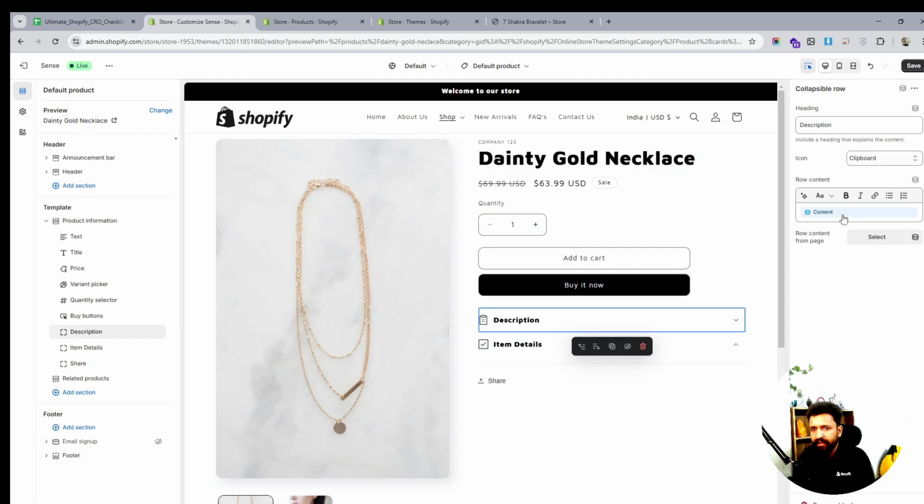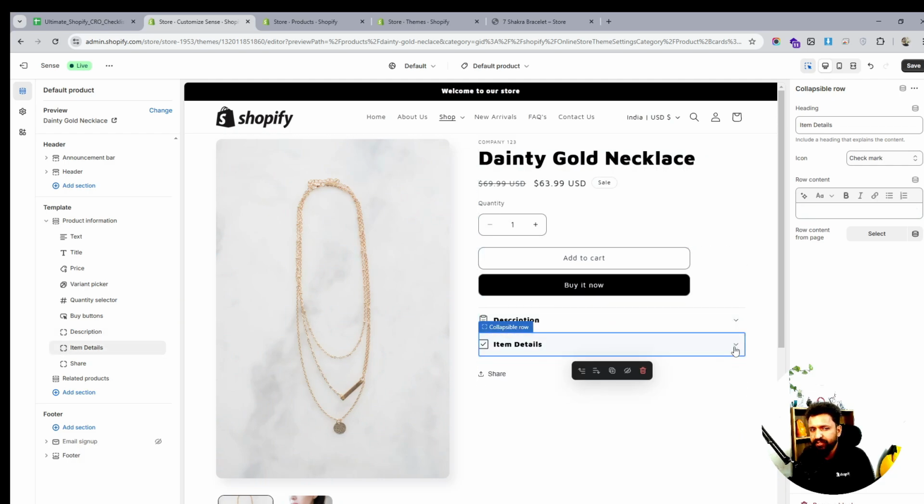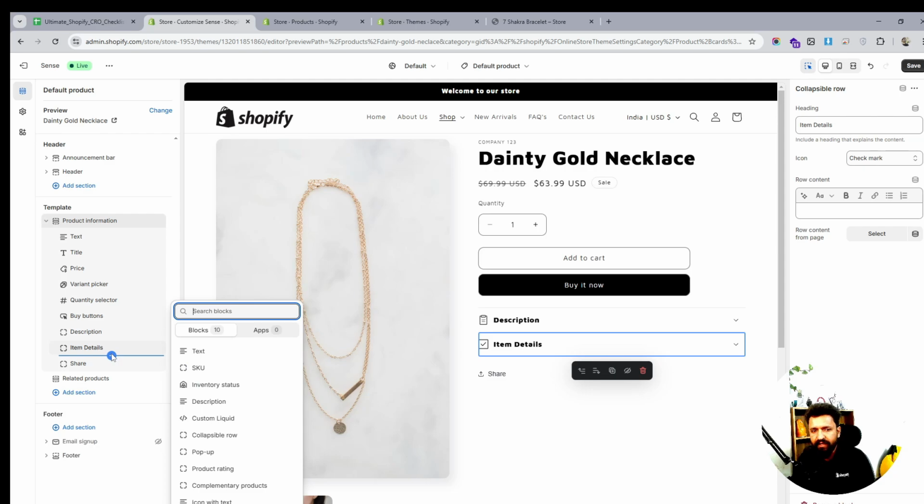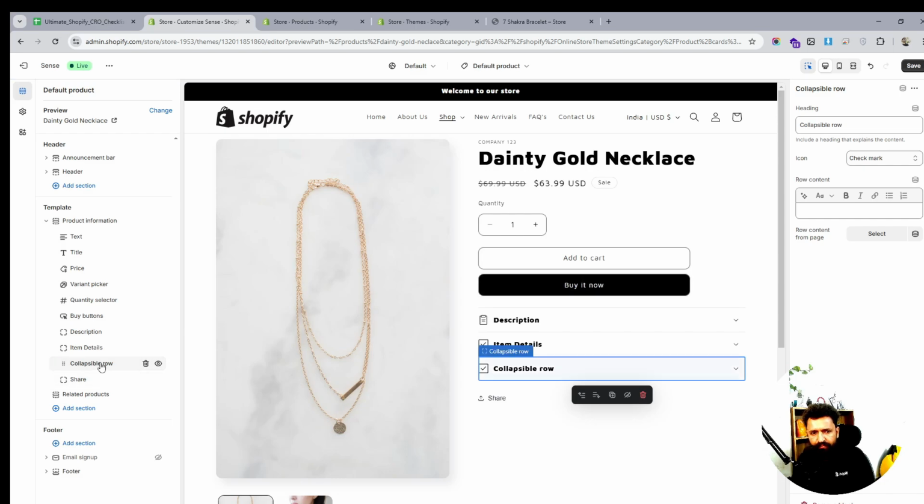All right, well, to be honest, I don't see the option available over here, but let's cover that as well. I'll cover that as well, but it's just for now. We are going to keep this as it is, and then we will also add another collapsible row over here,